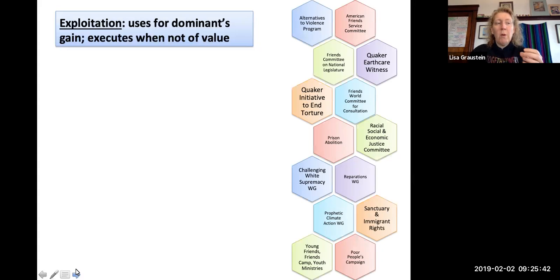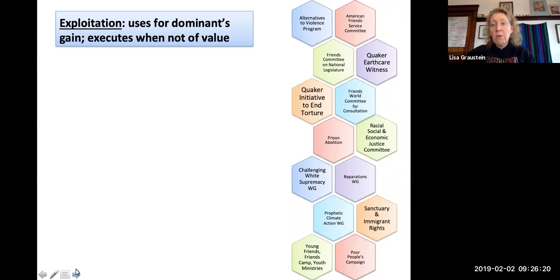So I just want to name a few ways that within our yearly meeting, with Friends across the country and globally, and with many other denominations and groups of people, Friends are working to counter exploitation. So it's the Alternatives to Violence program, the work of the American Friends Service Committee, the Friends Committee on National Legislation, Quaker Earth Care Witness, the Quaker Initiative to End Torture, Friends World Committee for Consultation, the prison abolition work that Friends do, the work of the Racial, Social, and Economic Justice Committee, the Challenging White Supremacy Working Group, the Reparations Working Group, the Prophetic Climate Action Working Group,